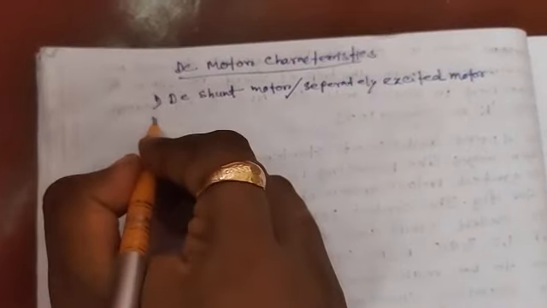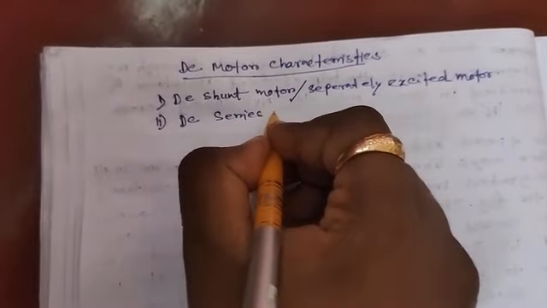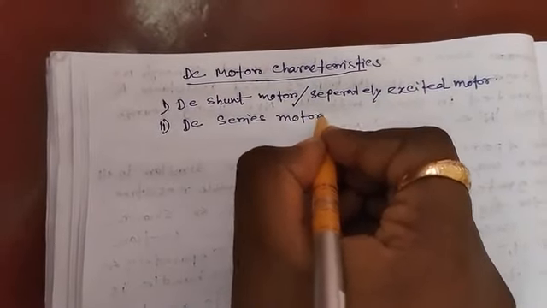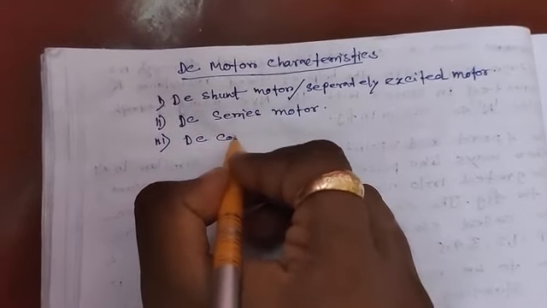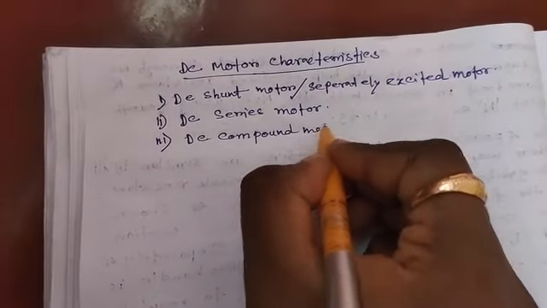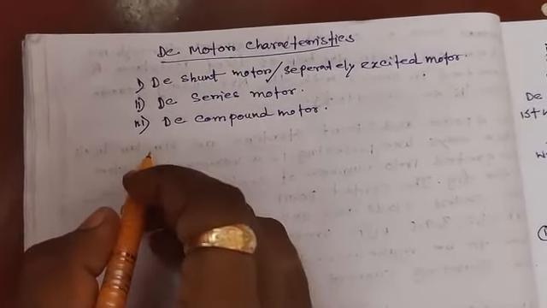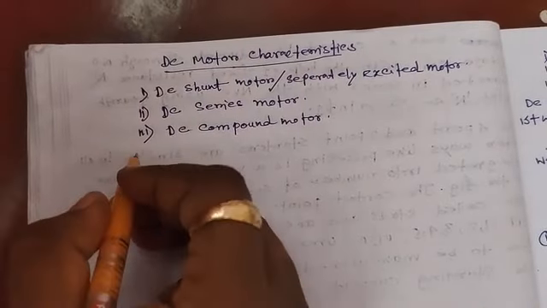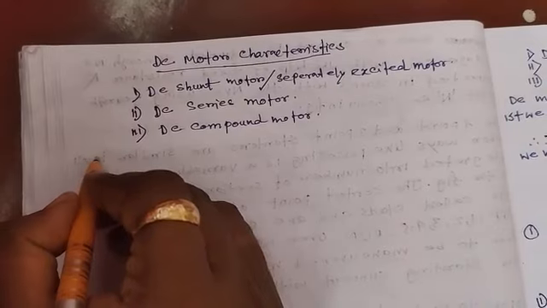Second is DC series motor. Third is DC compound motor. I will discuss the DC motor characteristics with their plots. Okay, first we will see